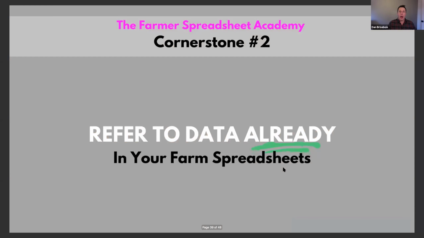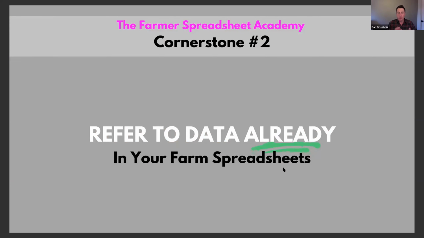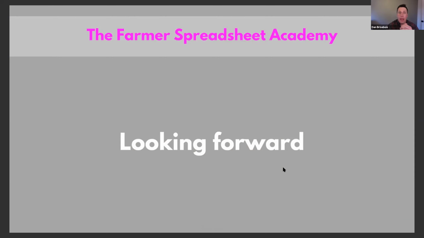And so the second cornerstone is to refer to data that's already there. And we did that with pivot tables. We did that a little bit with the sum-if formula. And then the third cornerstone is looking at the right data. So look at the data that's useful. And that's with a pivot table, just looking at the things that you need right now, not all your data at once. And so now, once you've seen what you can do with a spreadsheet or a CSV file with your data in it,